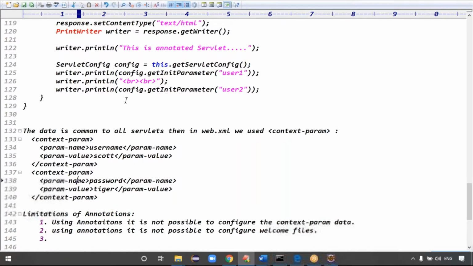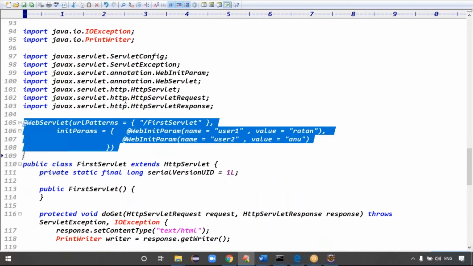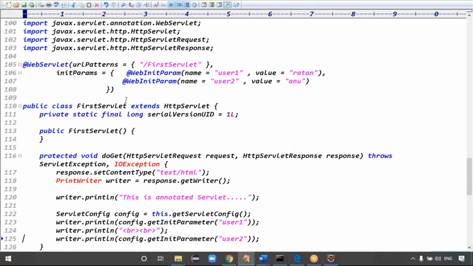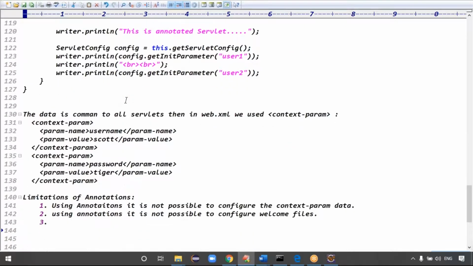Yes, sir. But we can replace it for the XML only. No? But this is a Java code, right? Exactly. Yes, the Java code. So previously we were doing web.xml file configurations, right? Now we are doing the Java configurations, right? Annotation is nothing but Java configurations, guys. Okay, so XML configurations versus Java configurations, right?